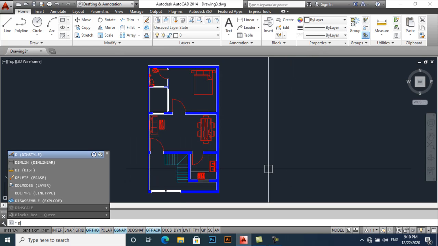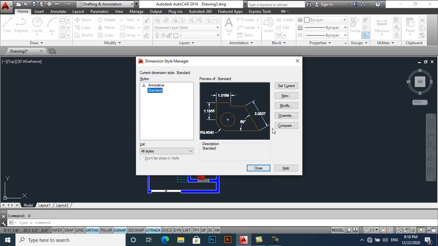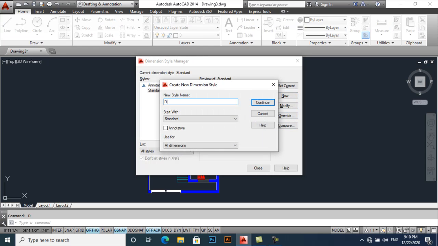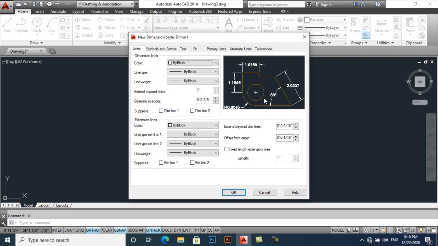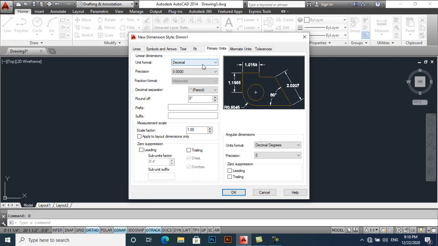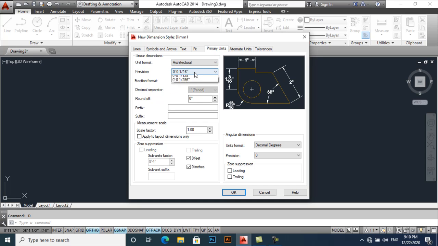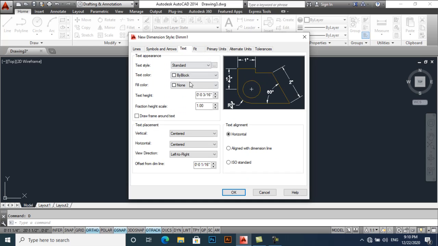Now dimension style manager, new, again Dimension 1. Just a few changes here. Set my primary units to architectural, and my precision will be 1/4. I want my text, what I already selected, Dimension 1. I want ISO standard,